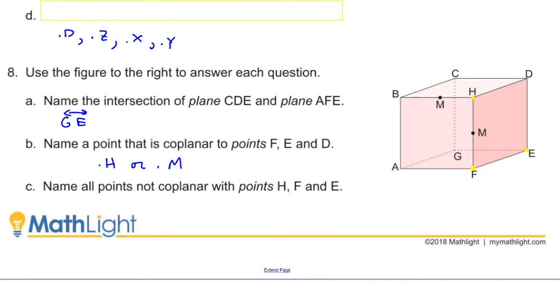All right, here we go. So it should have been point B, in no particular order. Point C is not in the same plane. Point M is not in the same plane. Point G is not in the same plane. And finally, point A is not in the same plane. You can't say D, D's in the same plane. You can't say M, it's in the same plane, etc. Okay? All right, some terms there, review them, and they'll serve you well.